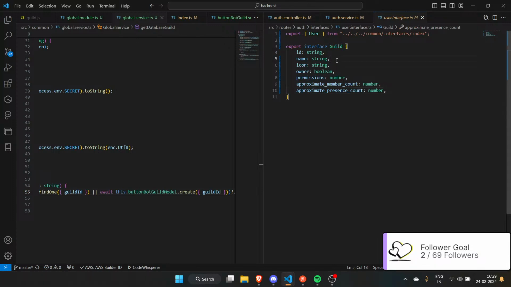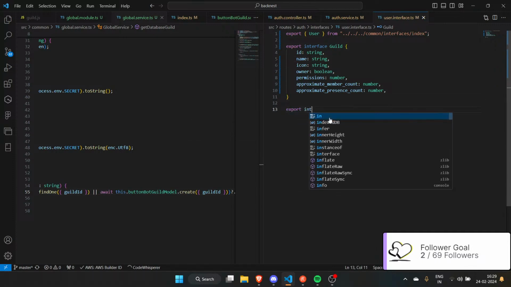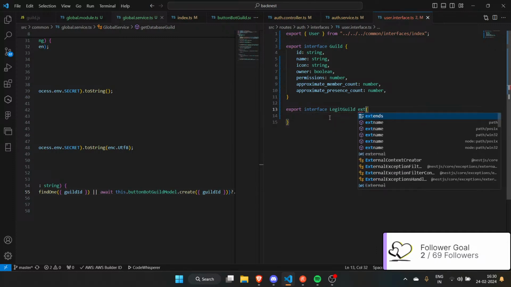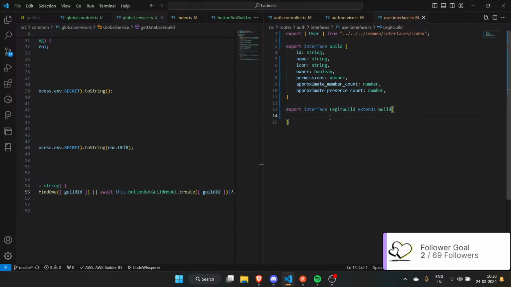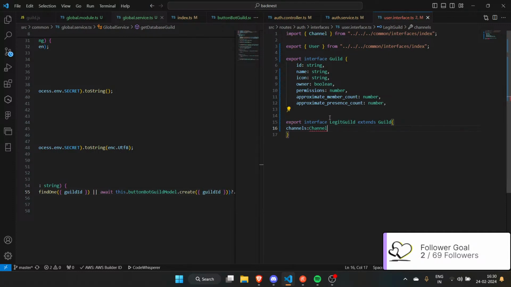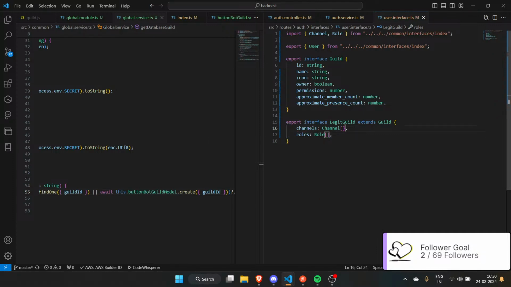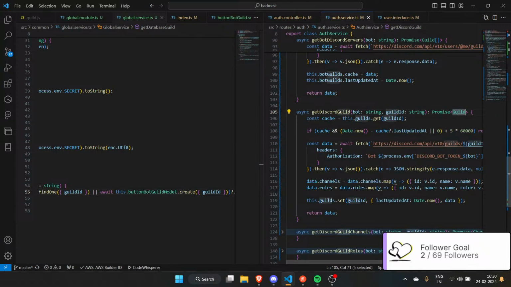I like to export interface LegitGuild. This will just extend Guild, and channels will be this channel thing, and role will be the role thing. And then my auth service, this will be a LegitGuild.